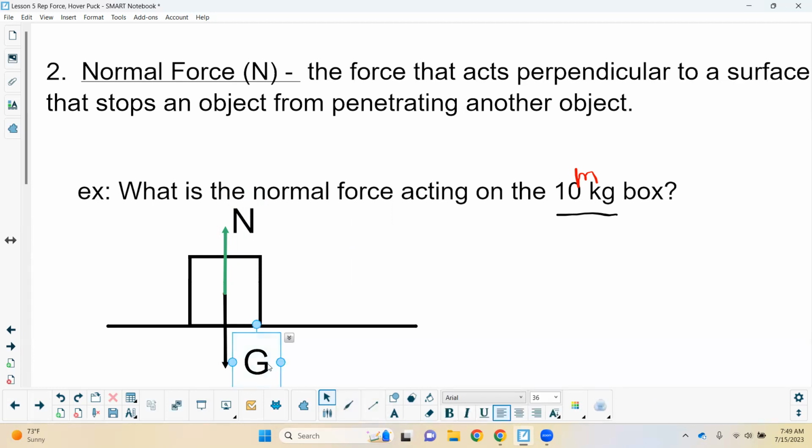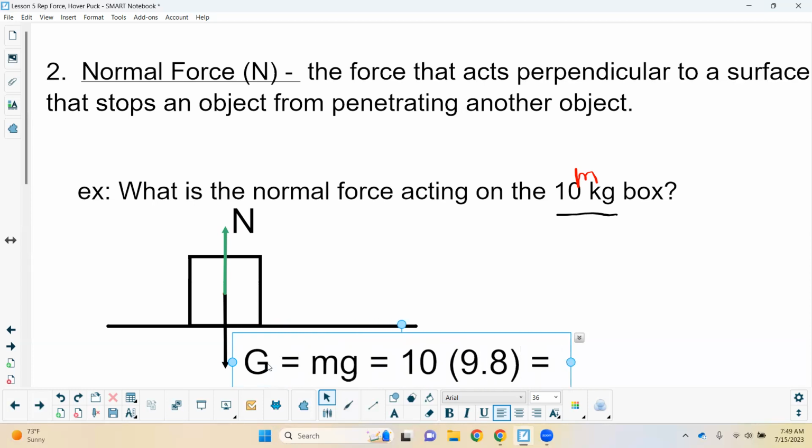So to calculate G, we would use the formula mg. So if we had 10, and it'd be times 9.8, and that would be 98 newtons going down. So it's directed down, and I would put a negative sign here because the force of gravity is pointing down. For the normal force, in order to balance it out, you would say, okay,